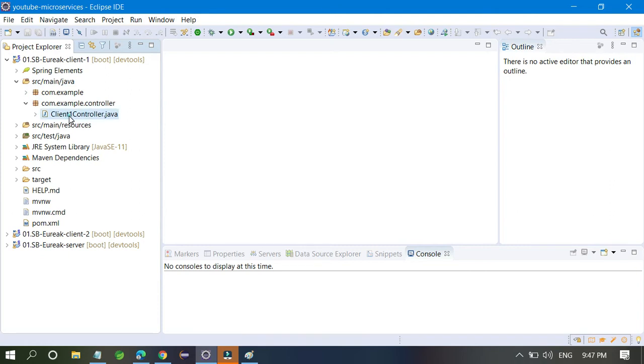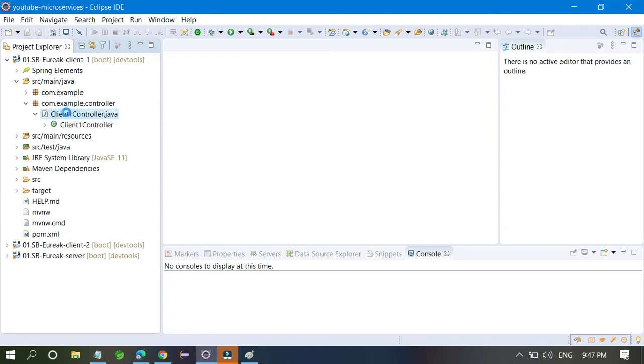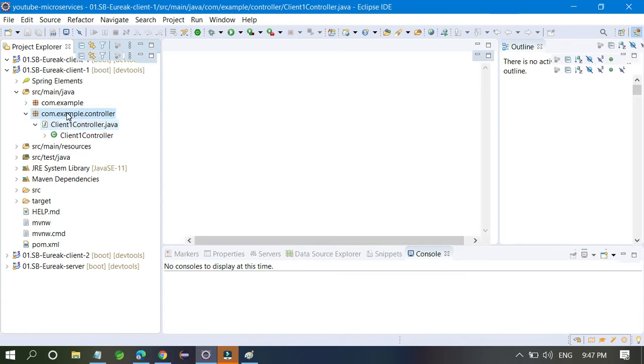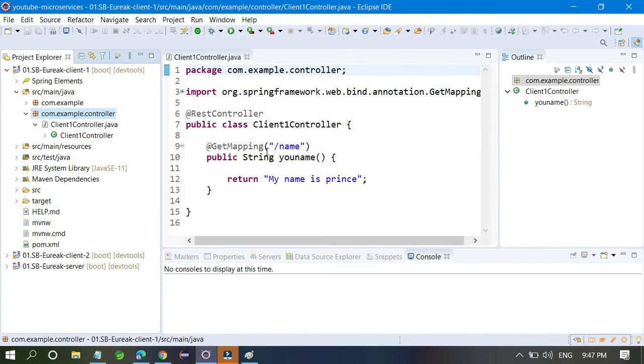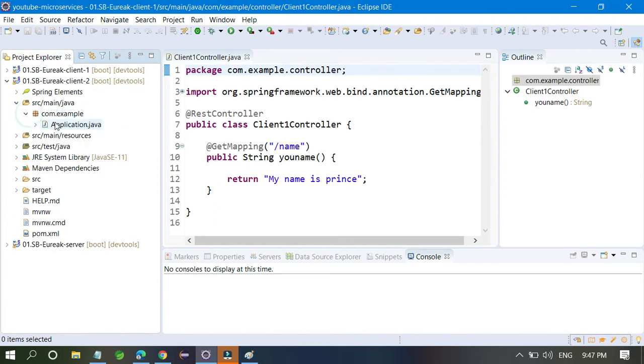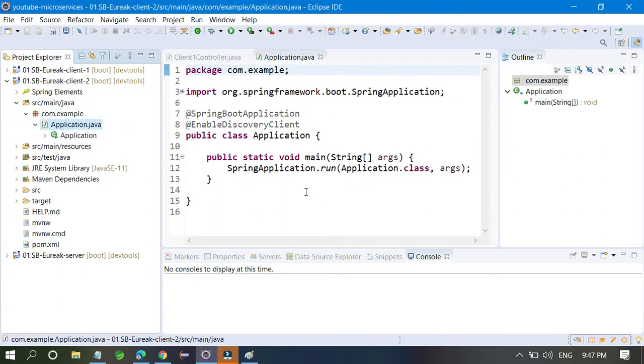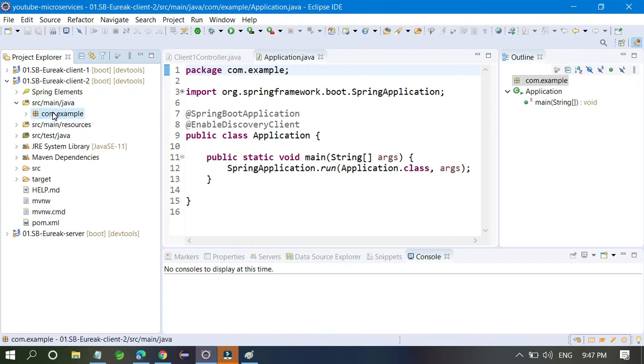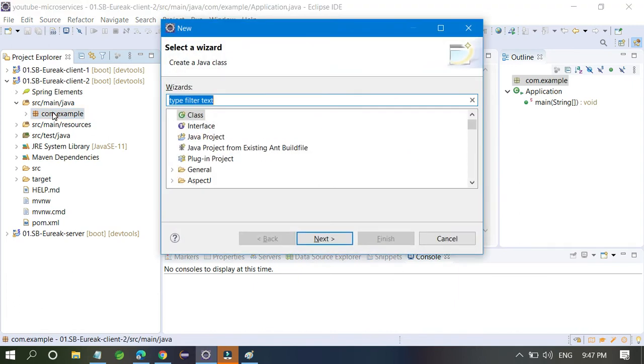In this client we have one controller, and this controller's response is "my name is Prince". The other Eureka client has only a main class, so I have to create one more controller here.